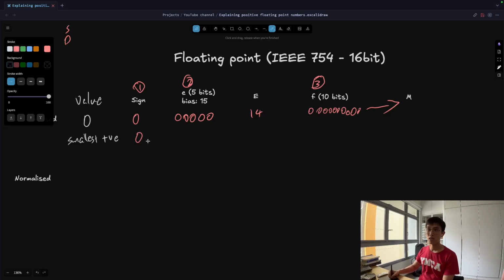So the sign bit is again 0 because we are talking about positive numbers. Because it's a denormalized number, E here is all zeros again. This is just a property of denormalized numbers. And for the exponent, it's 1 minus the bias for a denormalized number. So that is 1 minus 15, which is negative 14. And F here is